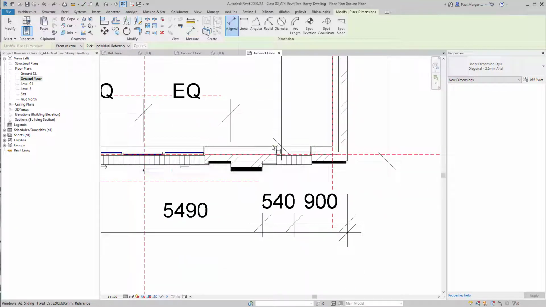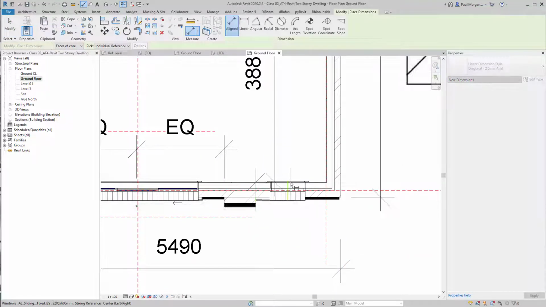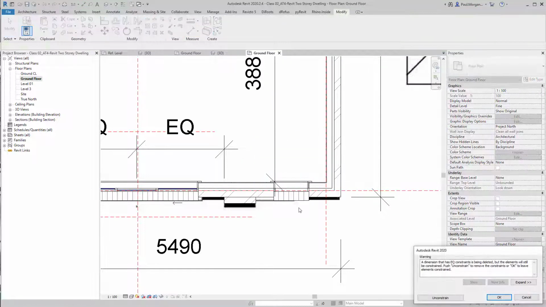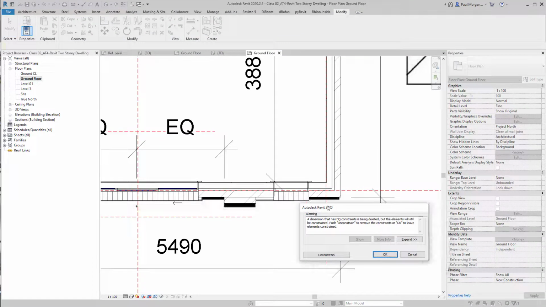And I think it does. So what I'm going to do is the same thing again. I'm going to go from between this point to here, and then make it even there. Okay. Now, if I click on that dimension and delete it, it's going to come up with this warning saying